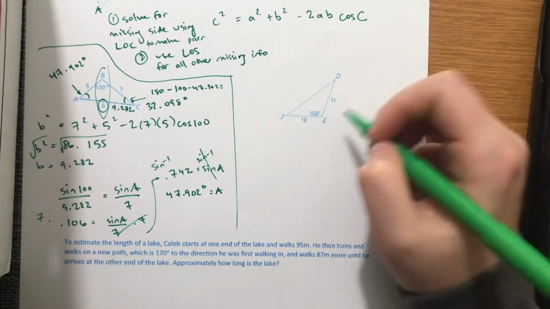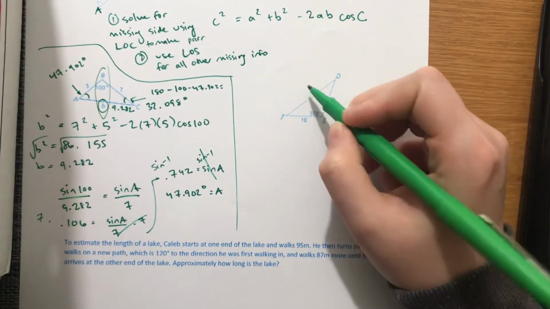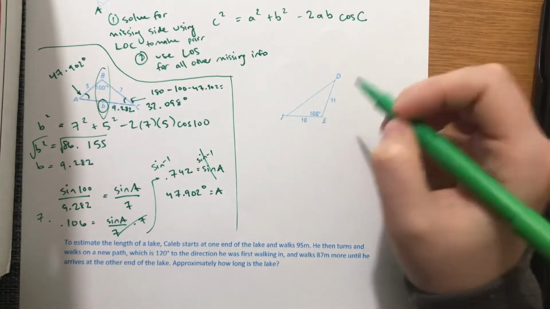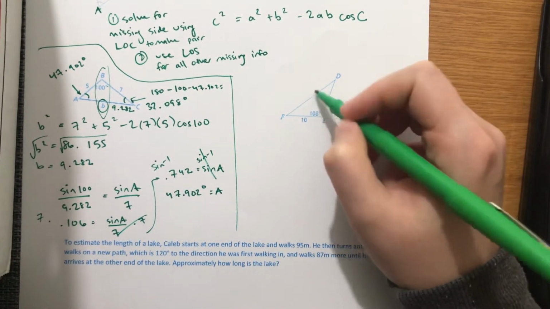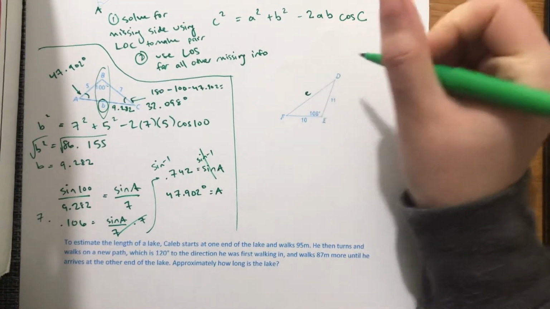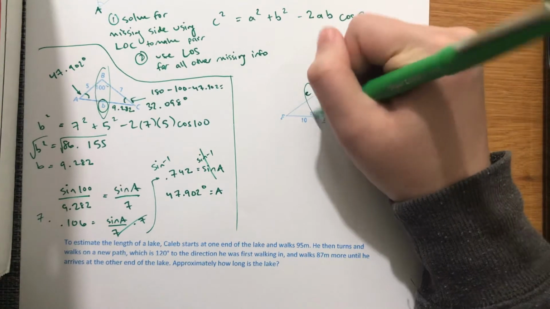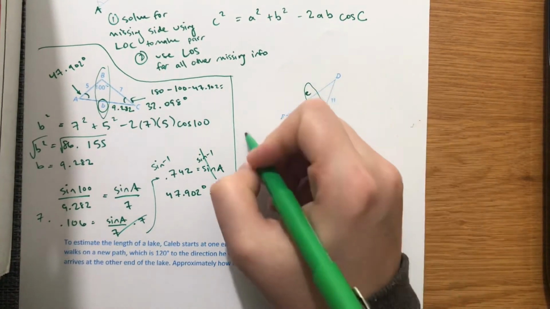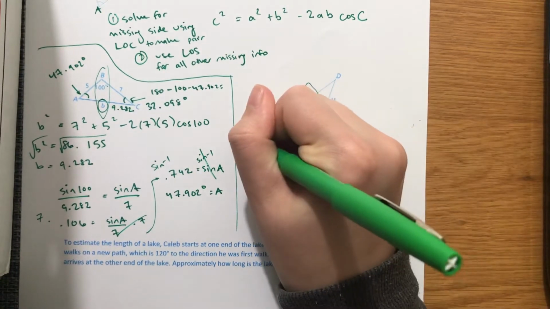So just to recap, we can't use law of sines because we don't have a pair. We know this angle, but not the side. Side, no angle, side, no angle. So that means first up, we have to use law of cosines to find side E here so that we can make a pair. So to find side E, E squared